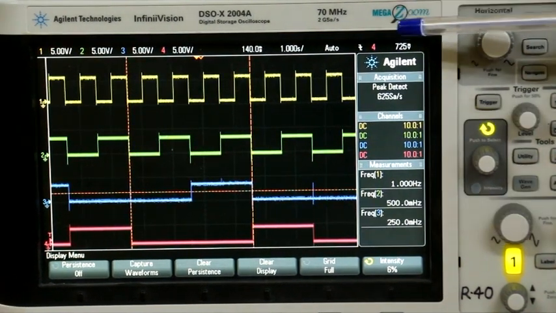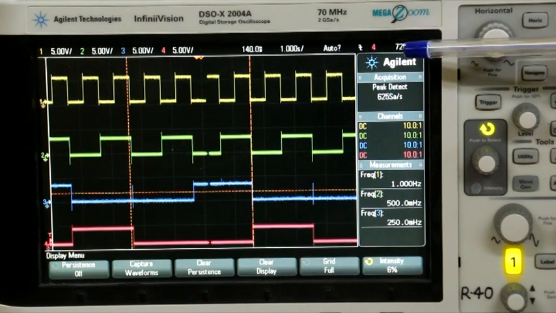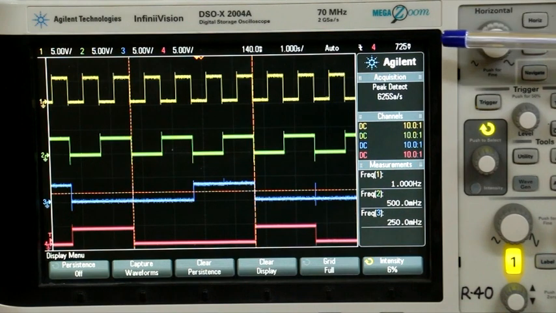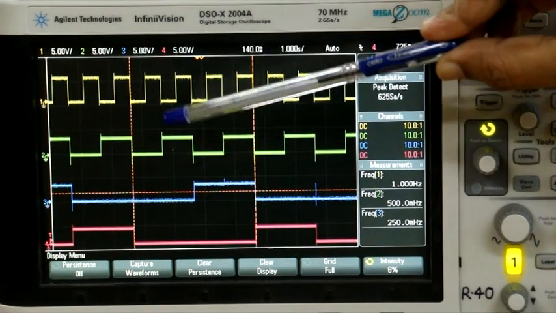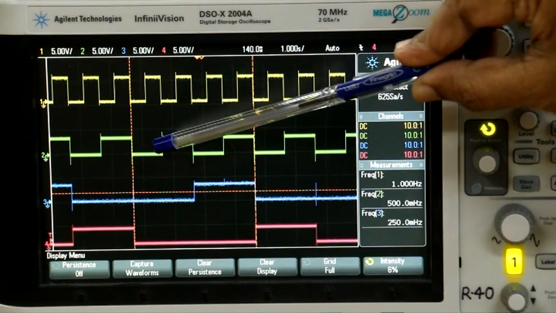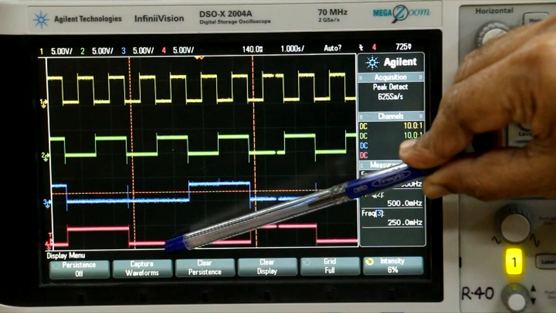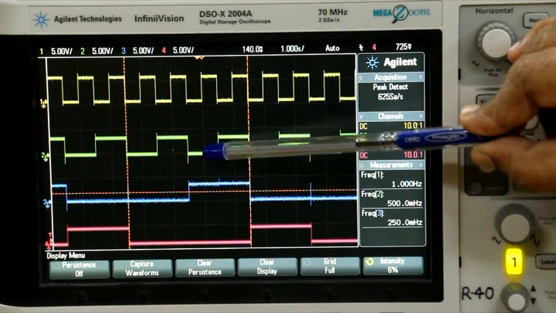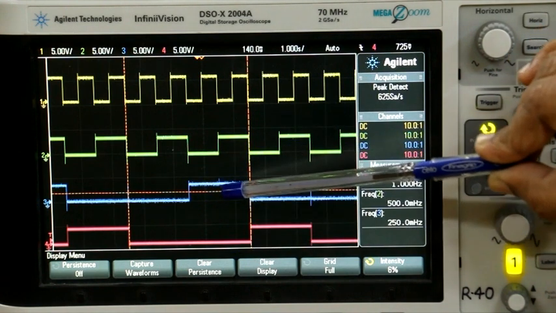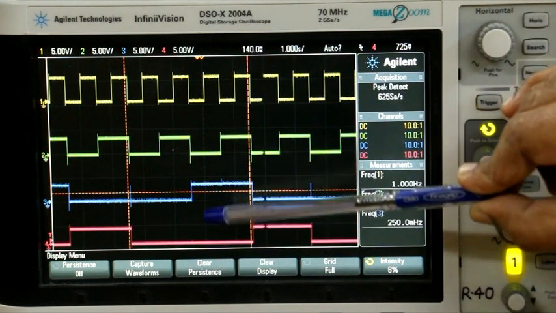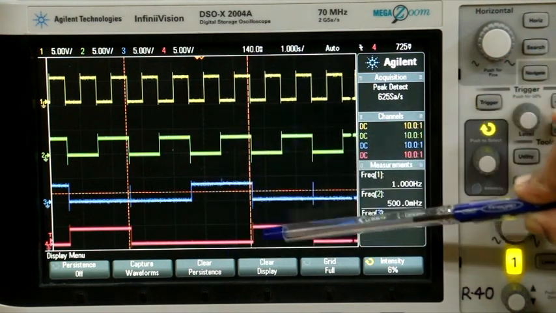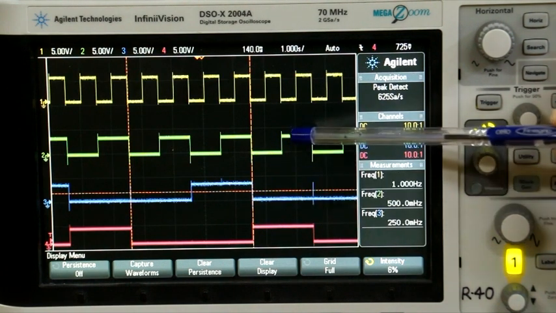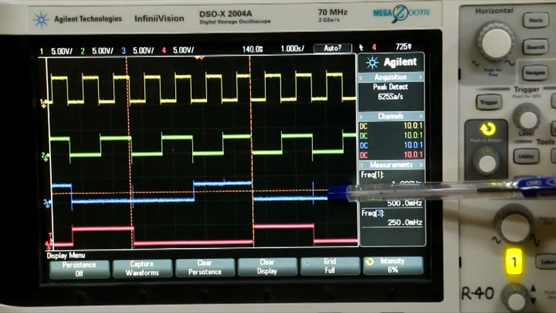Mind you, this is a digital storage oscilloscope, therefore even though the frequency is only 1 Hertz, it has picked up nicely one of the problems I want to illustrate. So we know that, let's look at the states here. So you can see that, this is A and this is C. So 0, 0, 0, 0, 0, 1, 0, 1, 0, 0, 0, 1, 0, 0, 1, 1, 1, 0, 0, 1, 0, 1, which is the last state, and before it goes to the next one, you can see a small